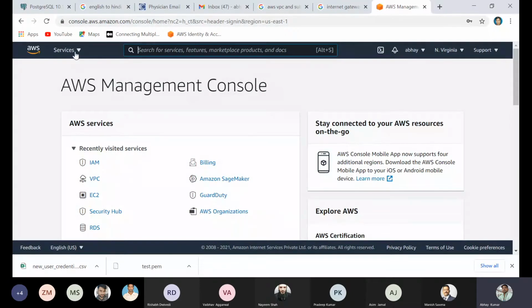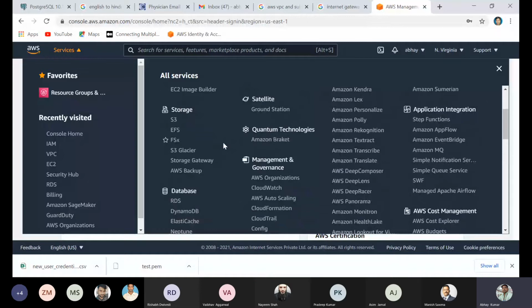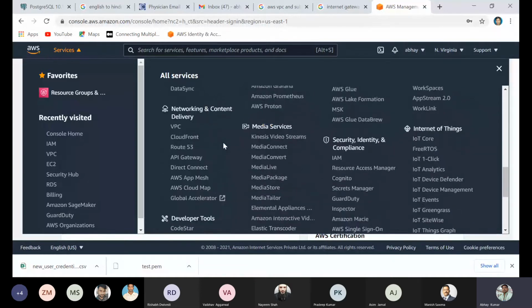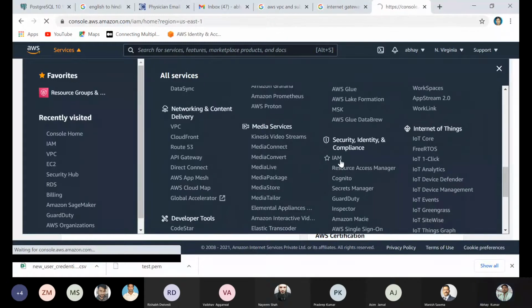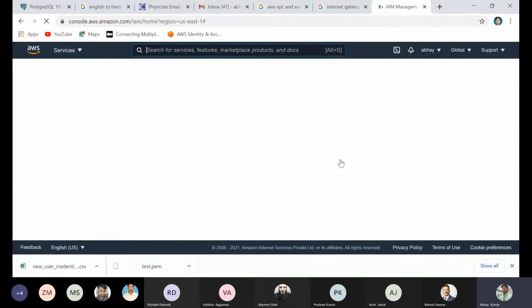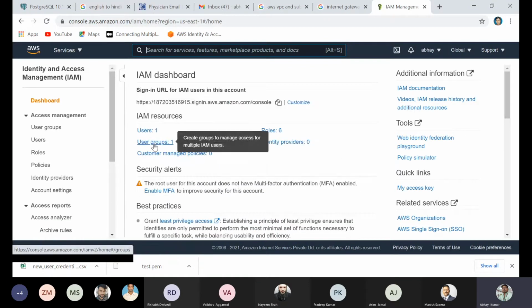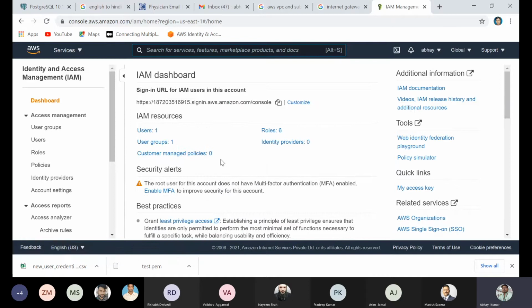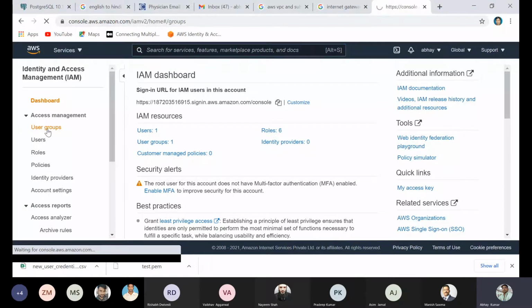So you can go from this one and create your IAM user. The Security and management tab is here: Security, identity and compliance. From here you can create an IAM user or role. You can click here. I have one user and one user group. The thing is, first create a user group, and your user will be part of that group. So I will go with the first, create a user group.